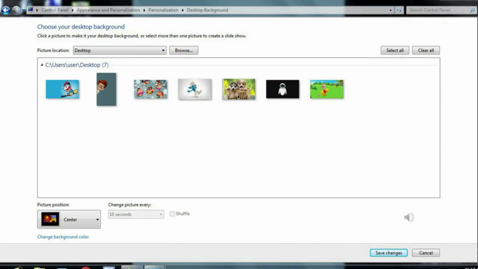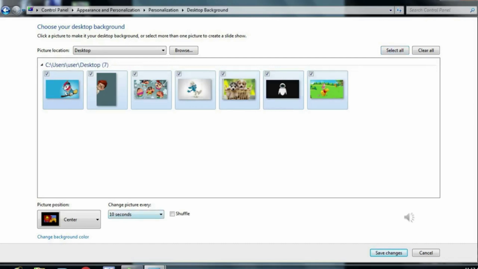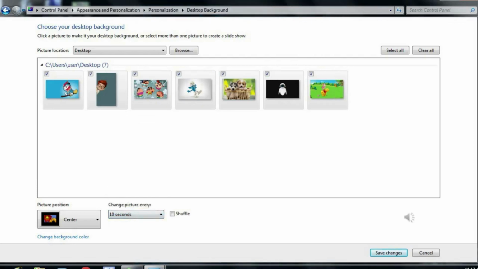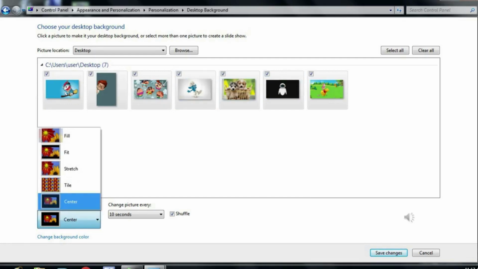You can change the picture at regular intervals like 10 seconds, 3 minutes, 5 minutes, 30 minutes, etc. Then automatically different pictures will appear on the screen as slideshow. For that, select multiple pictures from the folder and select the time interval at change every drop down menu. If you want to appear picture in a random manner, you can click inside the shuffle checkbox, or it will appear in the same order as in the folder.